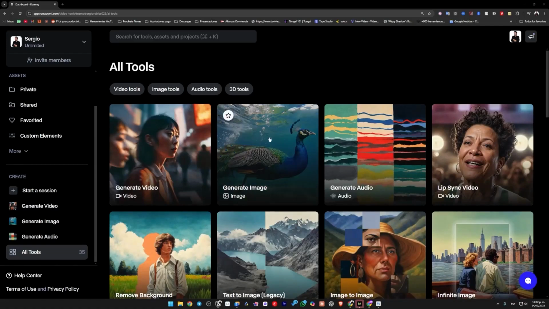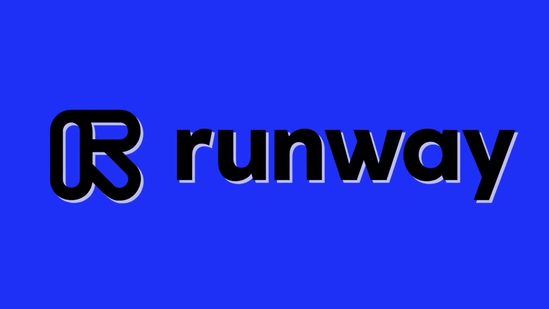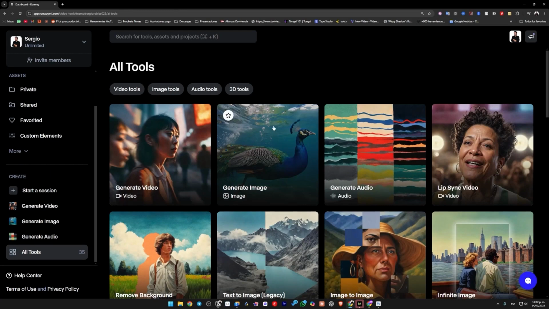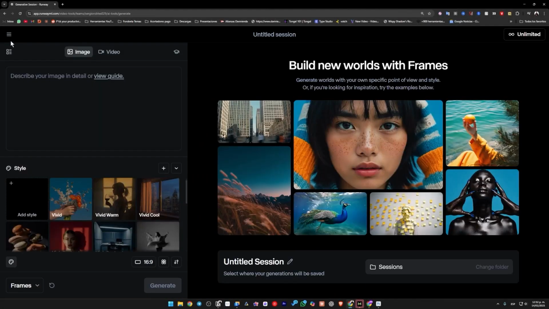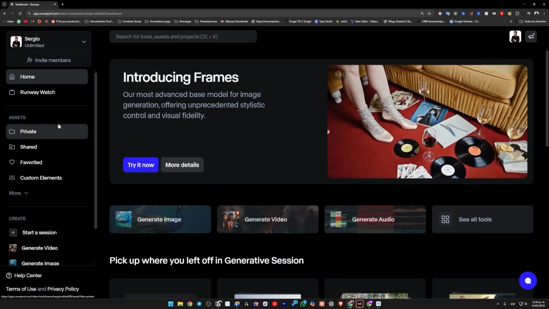How to use Runway's image generation. Today we are going to see the complete tutorial about this tool. You simply go to Runway, go to the home page, and then go to this option that says